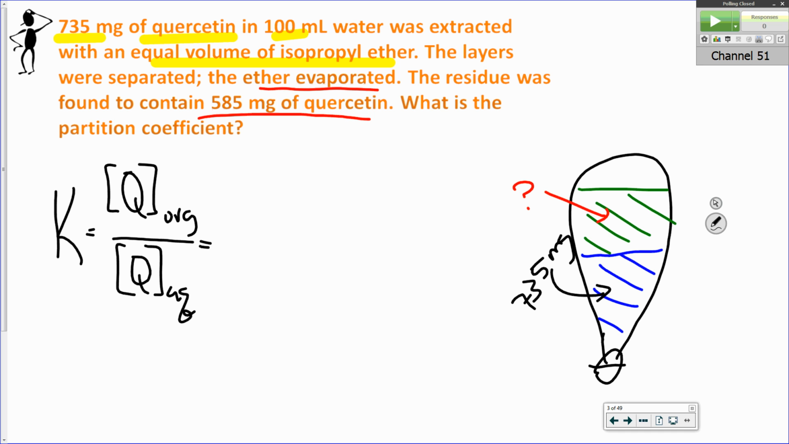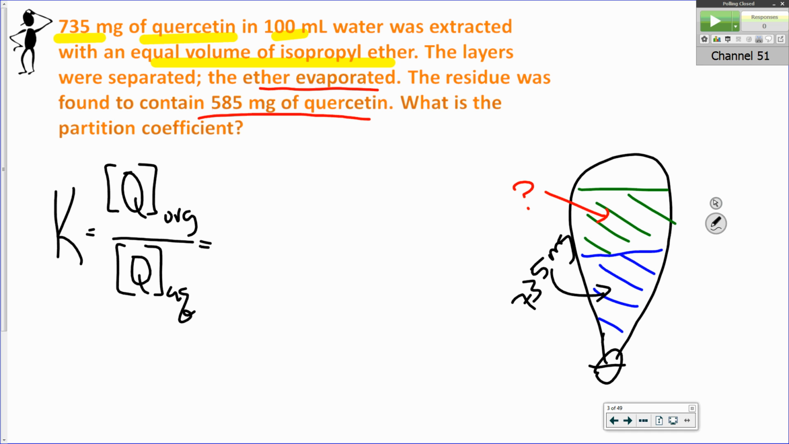So for partition coefficients, any expression of concentration that's the same on top and the bottom, it doesn't matter if it's percent, or straight mass, whatever it is, it's going to cancel out. So we can use any combination, moles times volume, mass times volume, whatever we had. So in this case, we've got